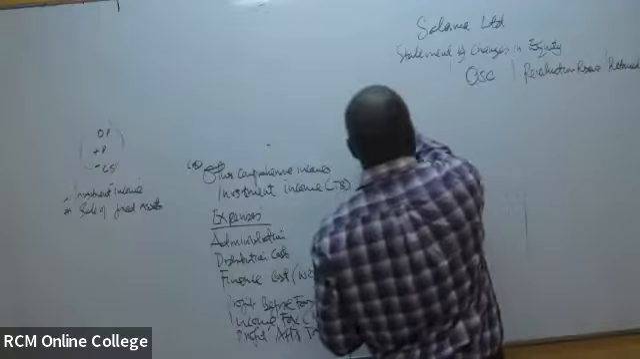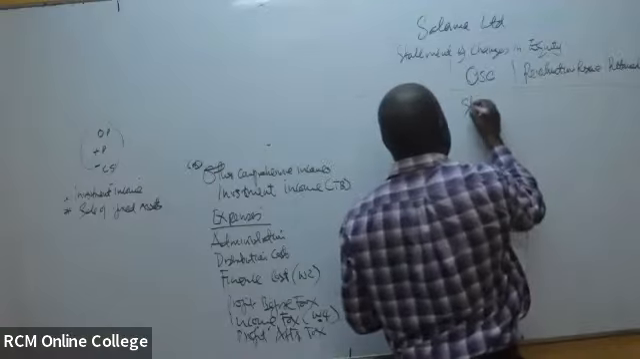Retained earnings. So because our shillings are actually in thousands,